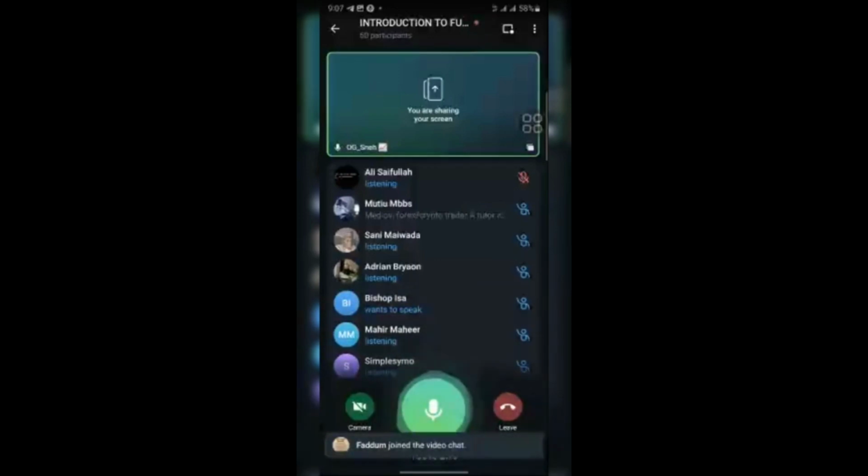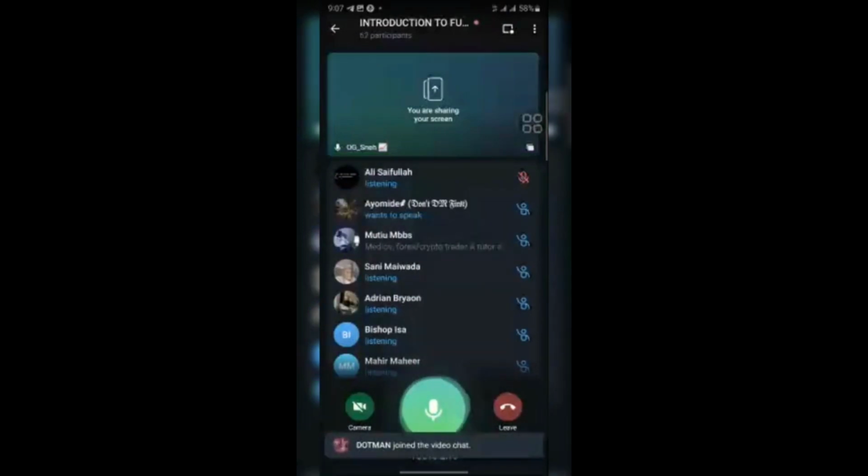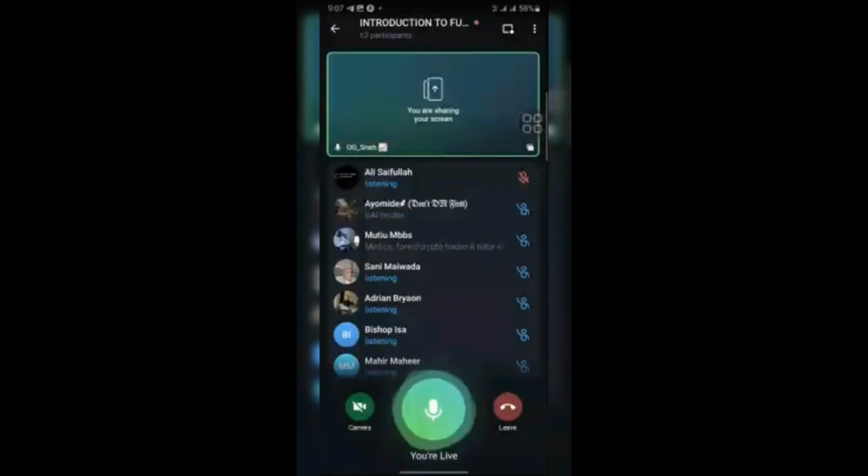So when we say futures trading, it can also be called derivative trading. And when we are saying futures trading or derivative trading, it refers to the trading aspect of cryptocurrency. There are two types of trading in crypto: spot trading and derivative or futures trading. In spot trading, you are buying the real coin. If it is BTC you are trading, you are buying the real BTC coin.